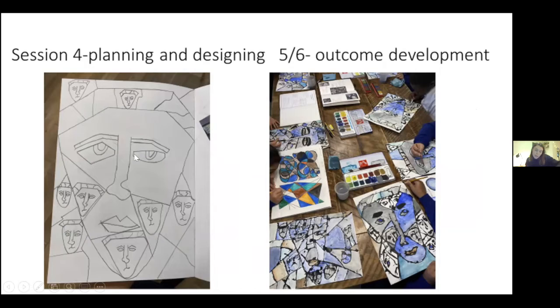They did that in their sketchbooks, and then they did a bigger one on A3 for week 5, where they drew it out, and then they had to go over those lines with PVA glue mixed with some black poster paint, and they just drizzled it over those lines. It didn't matter that it wasn't perfect, and sometimes you could still see the pencil underneath, but it didn't matter. They just had to go with the flow with it, really.